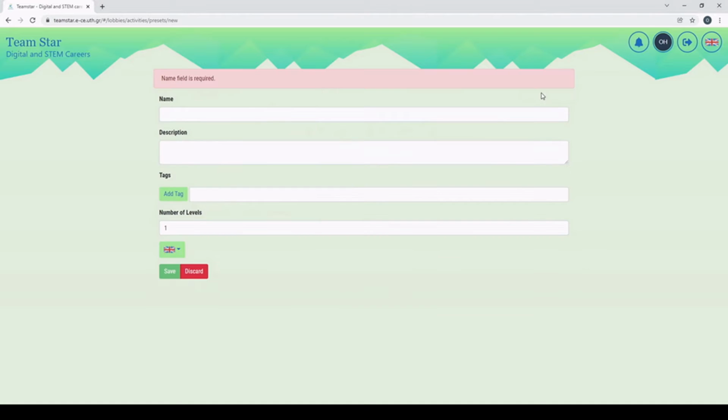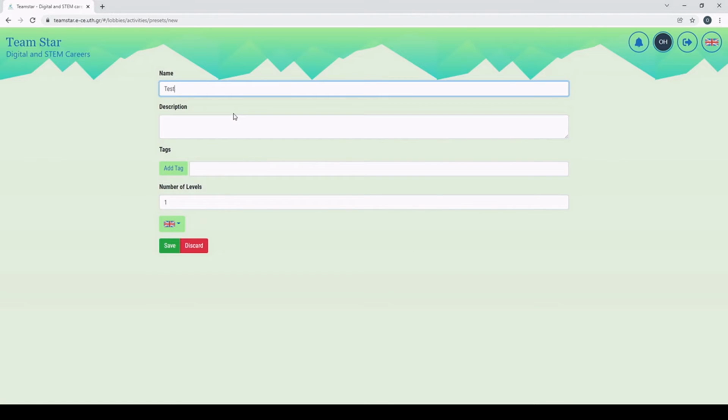Let's create our first canvas. We need to enter a name and a description for our canvas. We can also add tags to help us find canvases better and understand better what they are about.